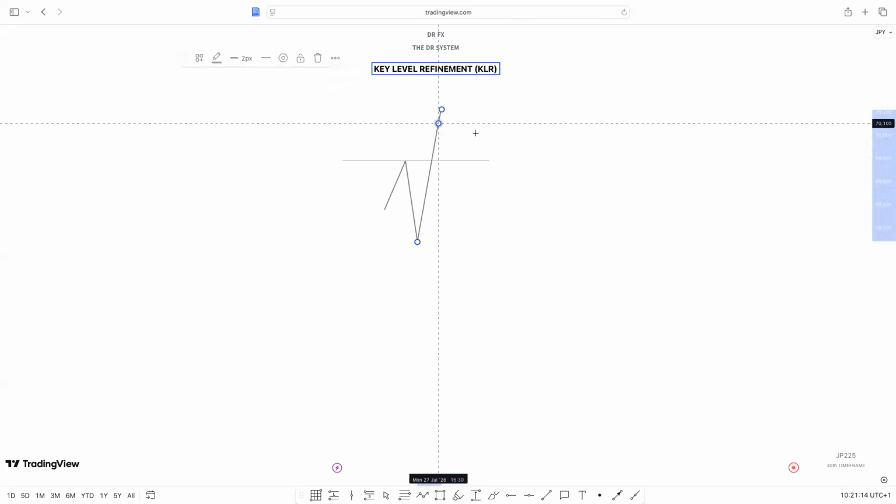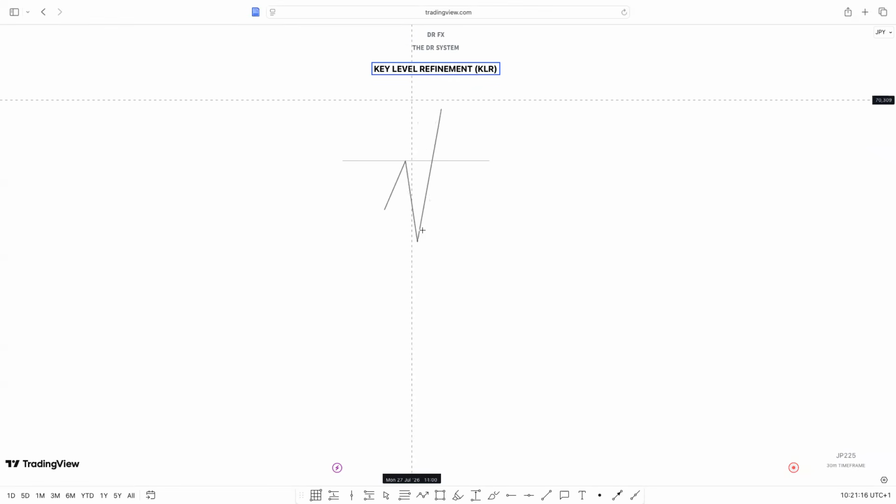Once the market disrespects this, this is where you want to do your KLR. The market has disrespected an A-shaped key level, which was supposed to be used for a sell. The market breaks above it on the daily, on the weekly, sometimes on the H4. It is already telling you that you are bullish. Now, what do you do? KLR now comes to play. You are now going to be refining the key level on that same time frame that the market breaks. That's what brought about KLR. How do you do your refinement? You refine